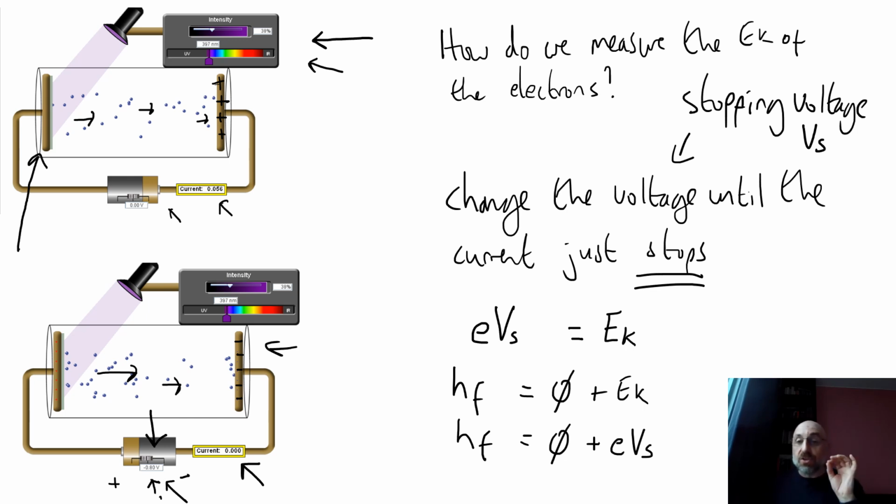So remember, we don't measure the energy of the electrons directly. We measure how much energy is needed to stop them using what we know about electric fields. We have a potential difference. We know the charge. And when we've just stopped them, we know that the energy we're providing must be equal to the kinetic energy. Therefore, we can say that the e times Vs is going to equal the kinetic